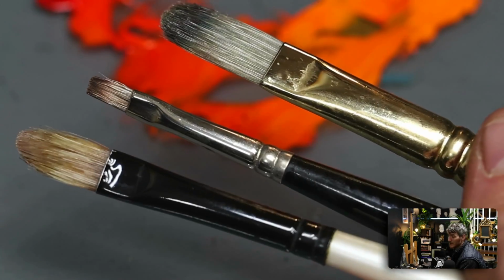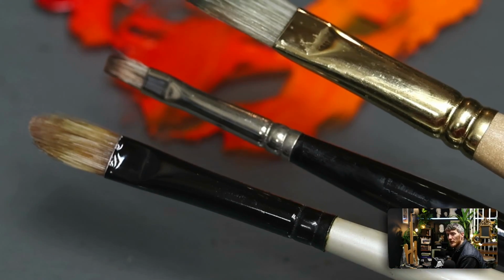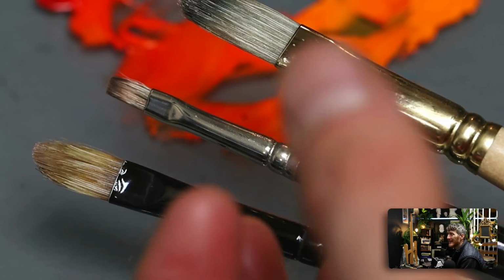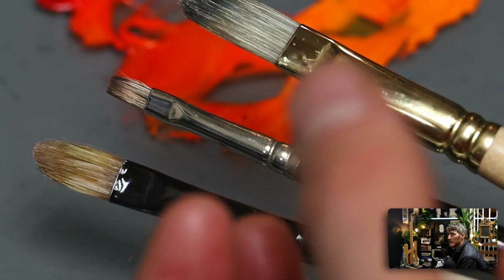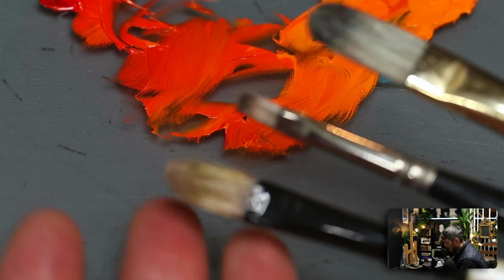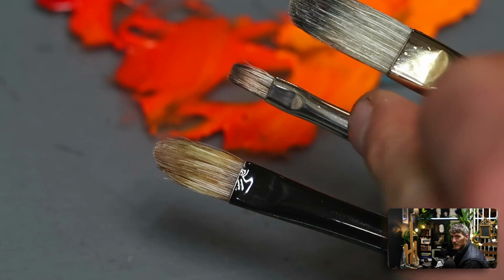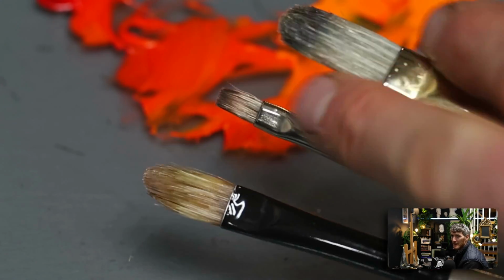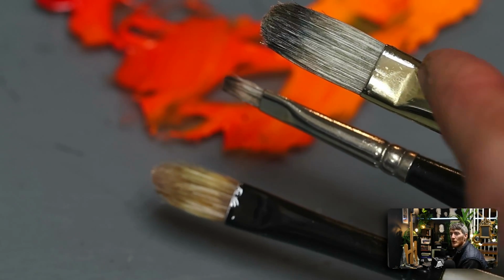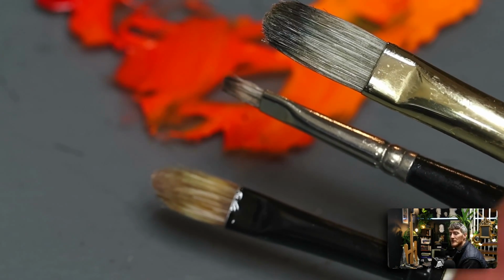Now, if you're more into wet blending, you might want to use a brush that will preserve more of the texture of the brush mark, that will give a very nice, vibrant brush stroke, and for that, a filbert would be the ideal shape. Filbert is this shape right here. This is a flat, this is a synthetic, and this is hog bristle filbert as well. The filbert hog bristle combo is generally a very good choice if you want to make some interesting brush marks